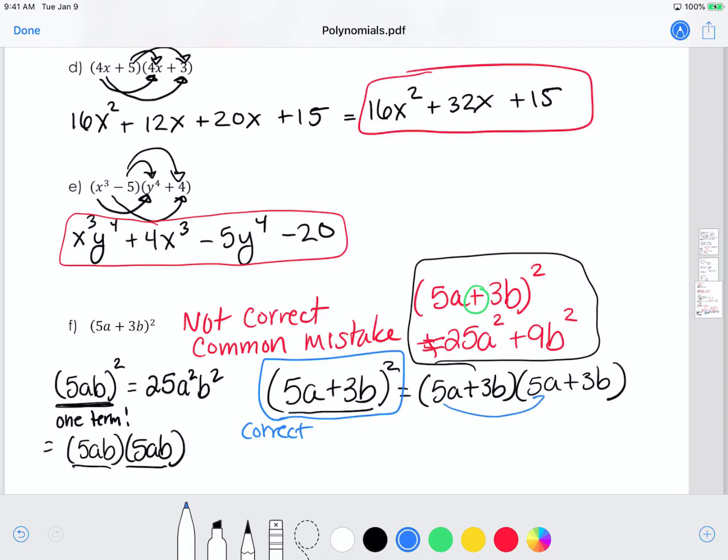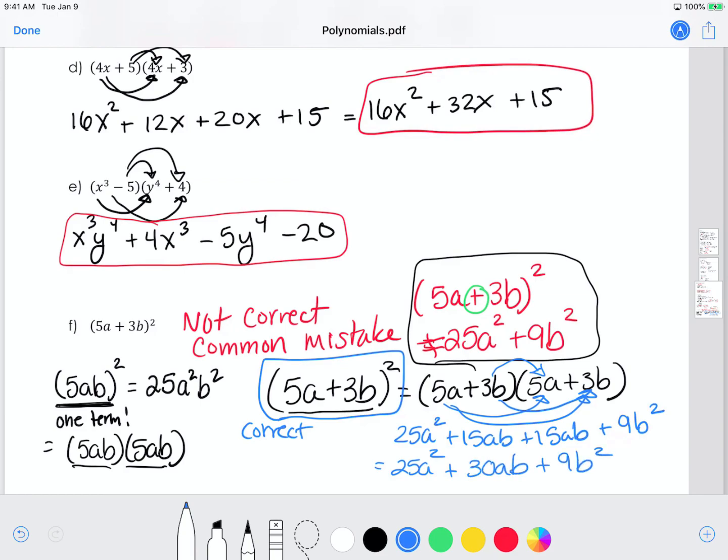You take the 5a times the 5a, which is the 25a squared. Then 5a times 3b, that gives me 15ab. And then you take the 3b times the 5a, that gives you 15ab again. And then you take the 3b times the 3b, and you get 9b squared. And when you combine your like terms, you get 15ab plus 15ab, which is 30ab, and bring down the 9b squared. So this is the correct answer to 5a plus 3b squared, because whenever you're squaring something, you have to